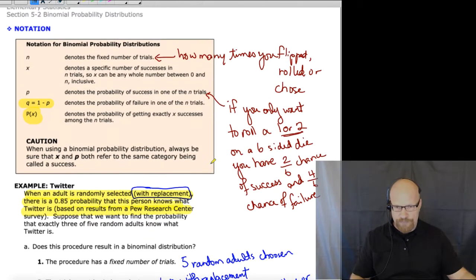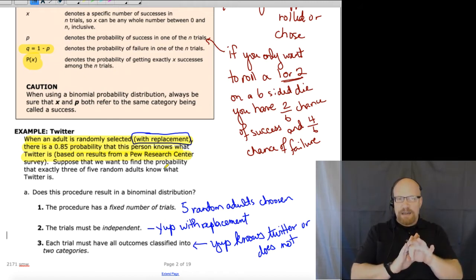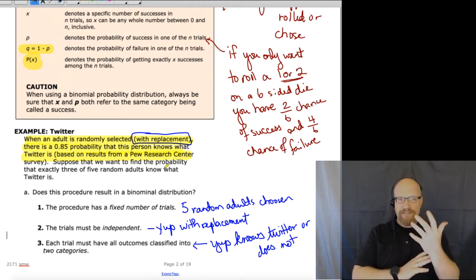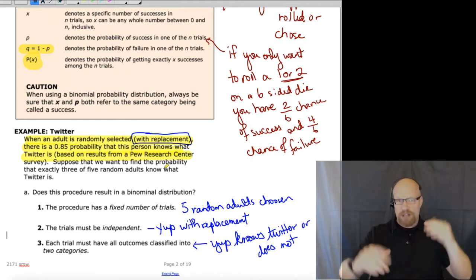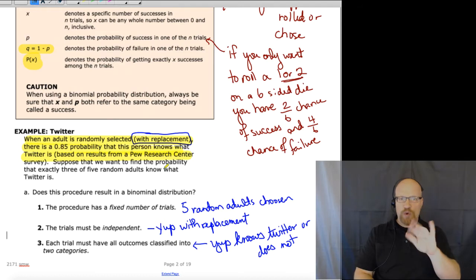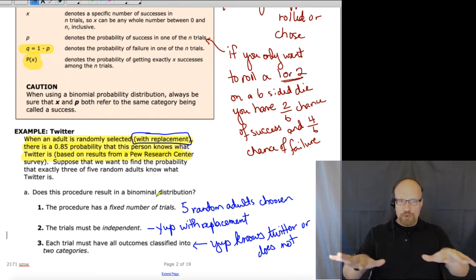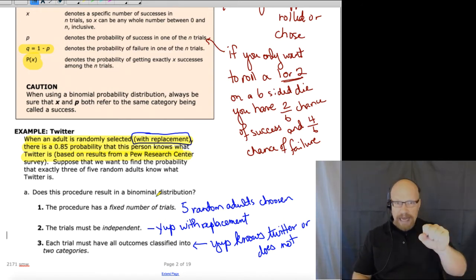Now, what if we selected 5 random adults with replacement? What are the chances 3 out of 5 know what Twitter is? Okay? So does it satisfy? Is it really a binomial distribution? Yes, because